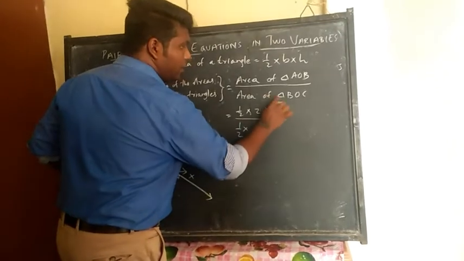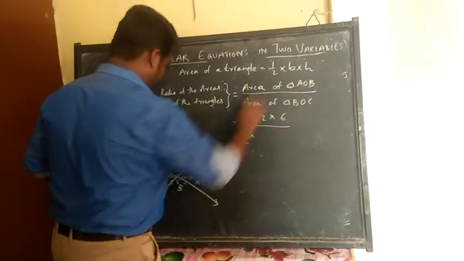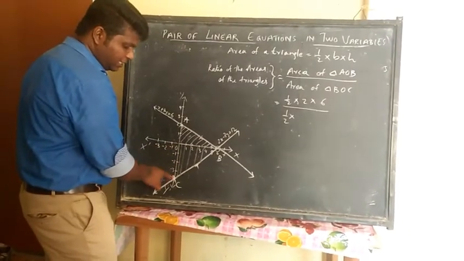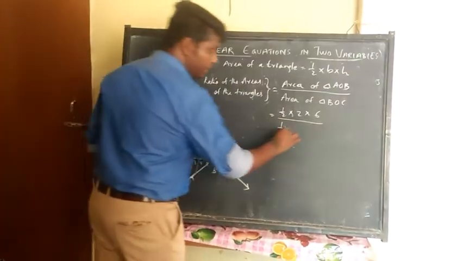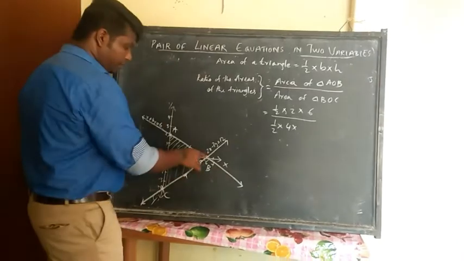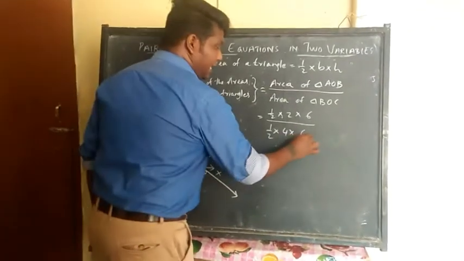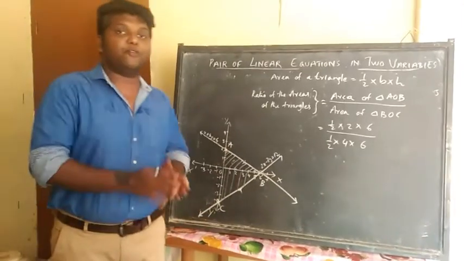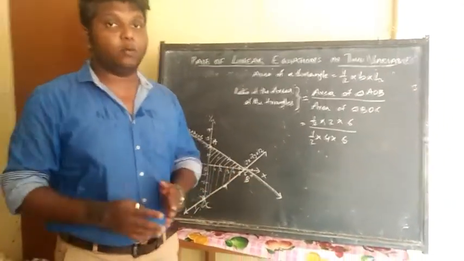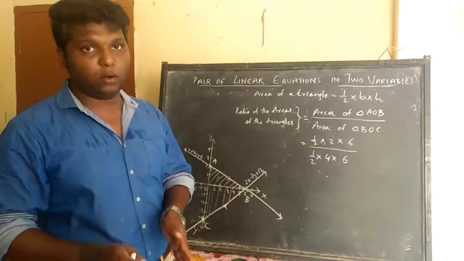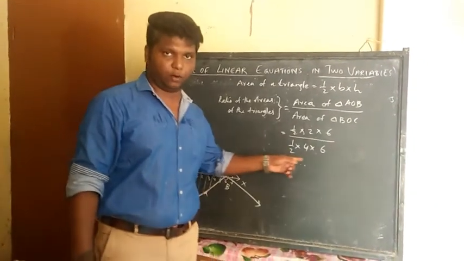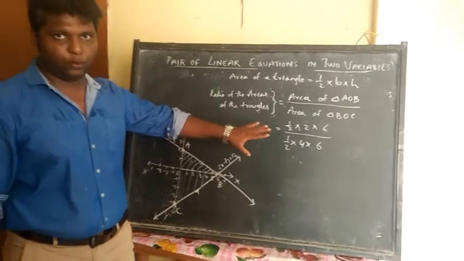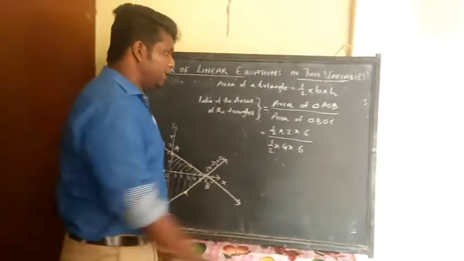divided by half into, what about BOC? Half into BOC. For BOC, the base is OC, and from O to C the displacement is 4 units. That is 4 units into, this one is 6 units. Even though you can see here there is a negative number, we are using the positive sign only because we are finding the distance. Distance will always be measured as a positive number. That's why we are taking the positive values. Even if it is given -4, we are not taking the minus sign, we are taking the absolute value. That means it is positive.